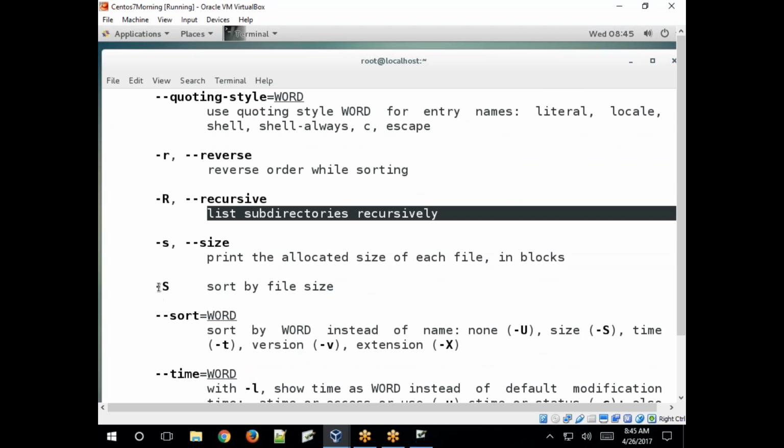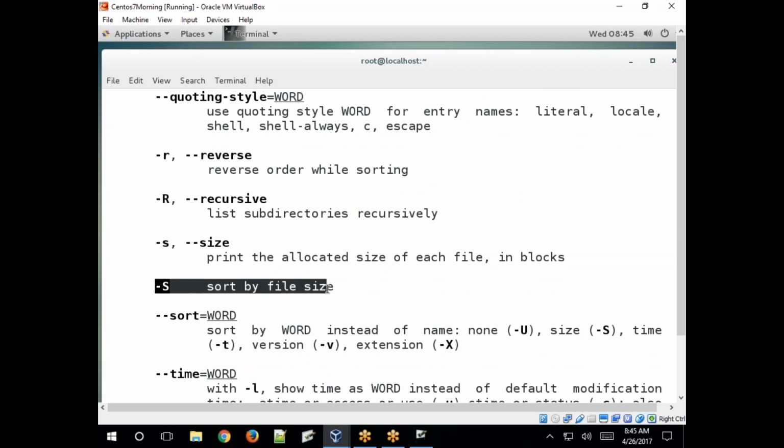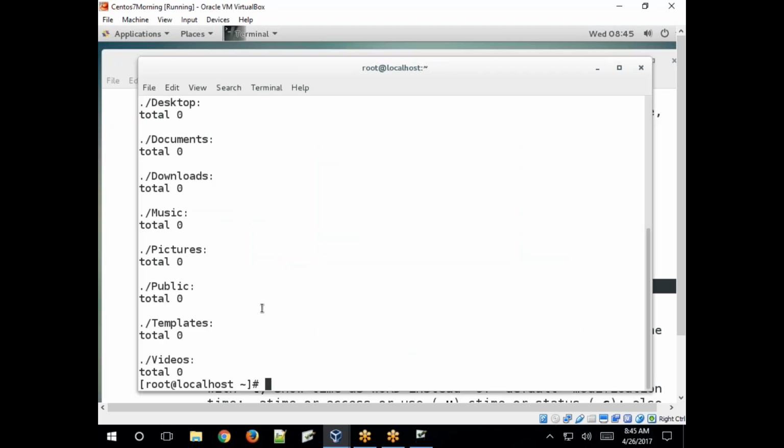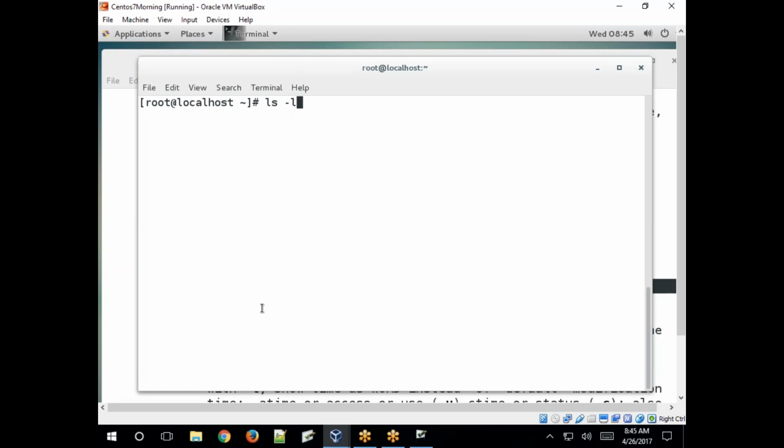See, -capital S. If you want to sort the output based on file size, use the capital S option. Capital S is the option to sort by file size. Output, see, ls -l.